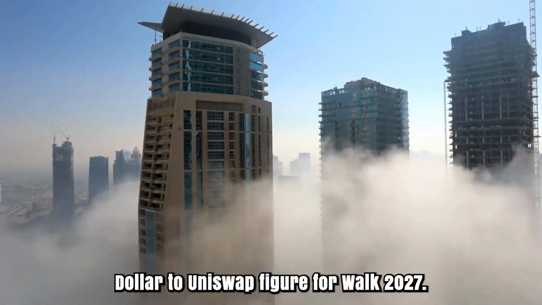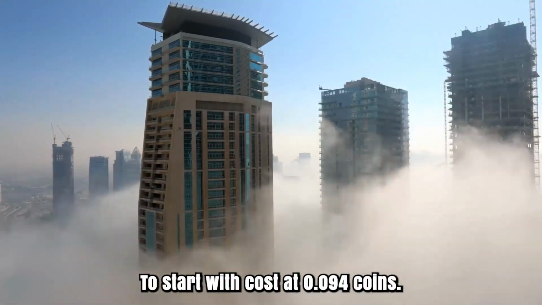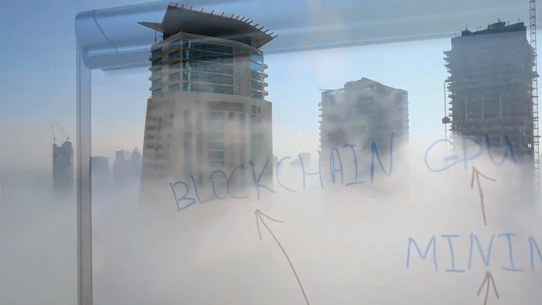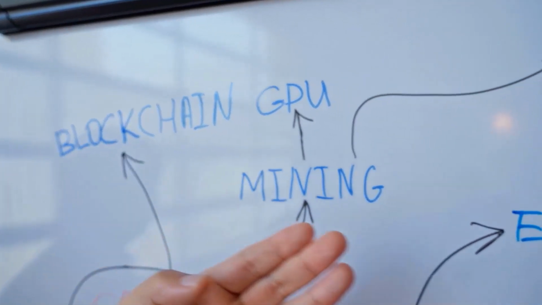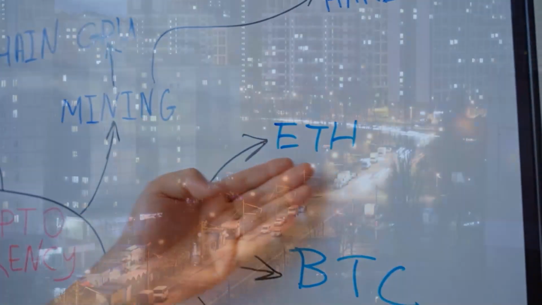Dollar to UNI figure for March 2027. To start with cost at 0.094, exorbitant cost while low 0.094. The middle value of cost found. The USD to UNI toward the month's